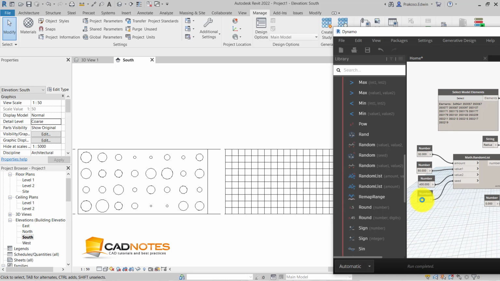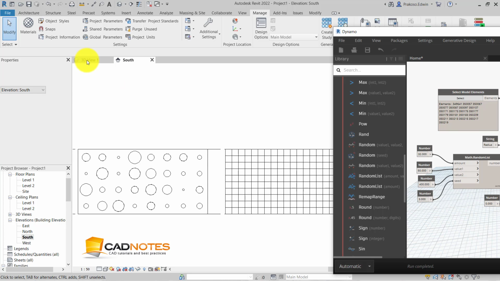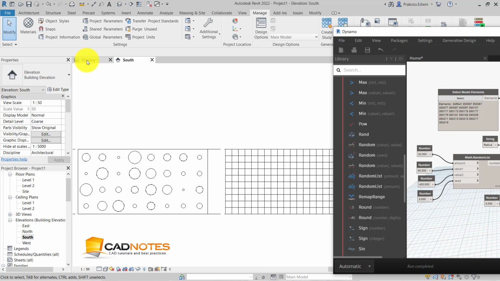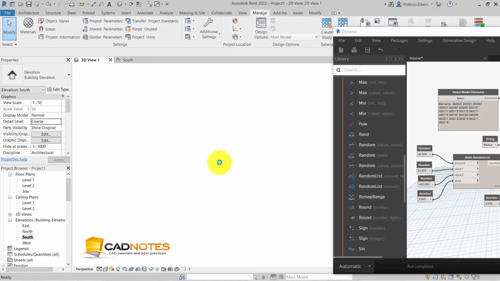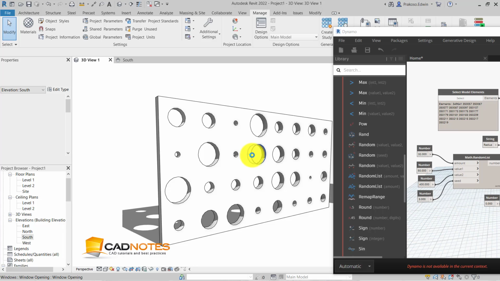Let's say that I prefer 3. So this is my wall opening with random diameters, random radius now.